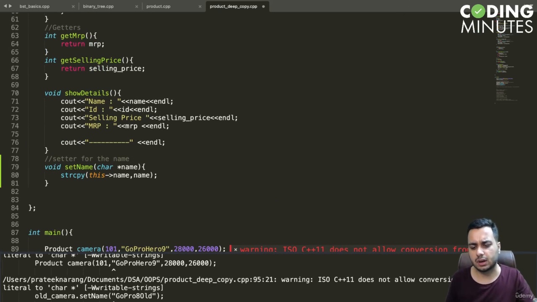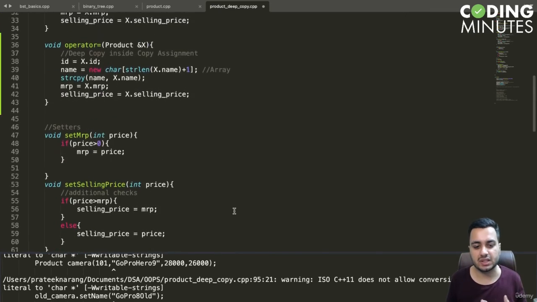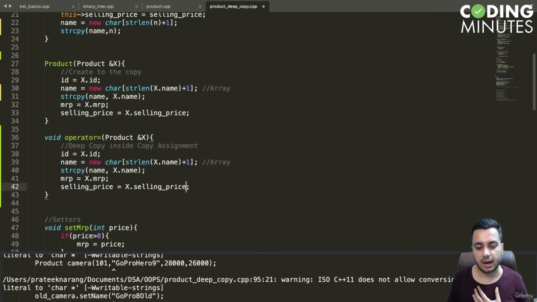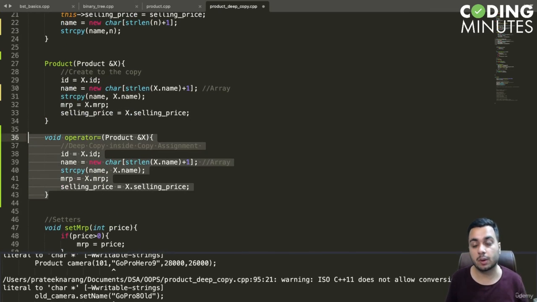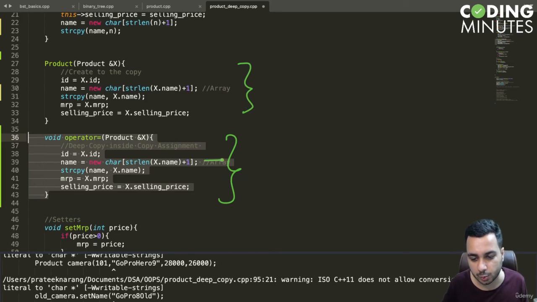So I hope the concept of the copy assignment operator is clear, and sometimes we may need to create a deep copy, and for that you have to write the code for the copy assignment operator and the copy constructor. Otherwise both of them will create a shallow copy. So this is how we are creating a deep copy by initializing a new array, and all the values are the same, the array address is different and the array memory is different. So that's the whole point of making a deep copy. All right, so that's all for